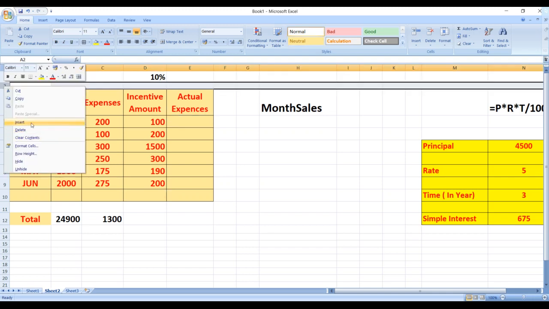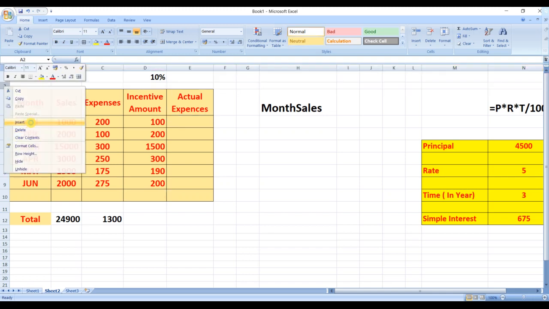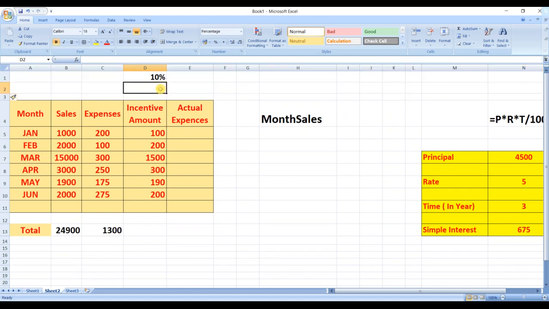Let me insert a row. So here I'll keep the charity amount as 50, 50, 50. So now this is my charity amount 50. Now I want to keep this charity amount in the D2 cell.